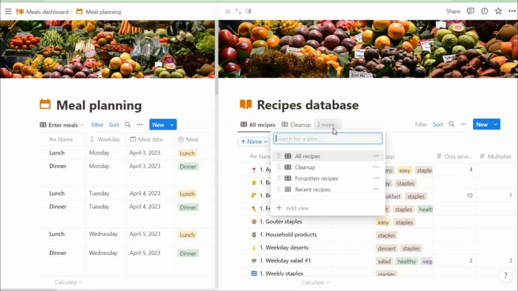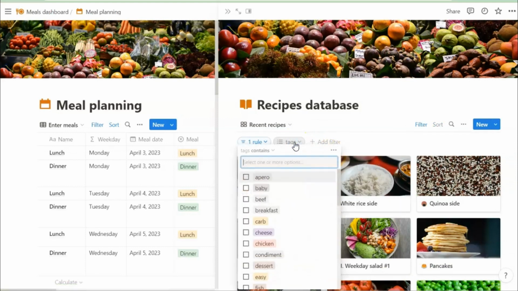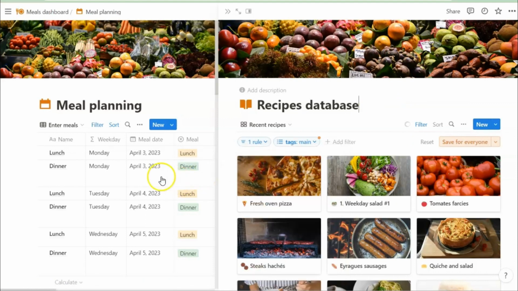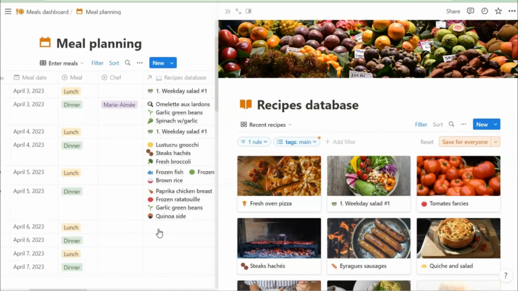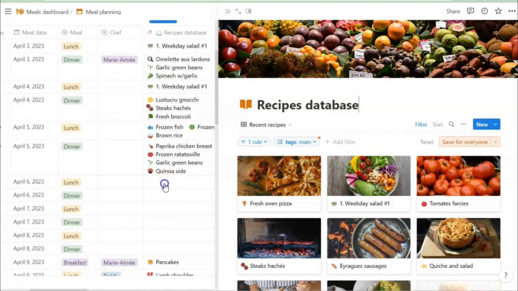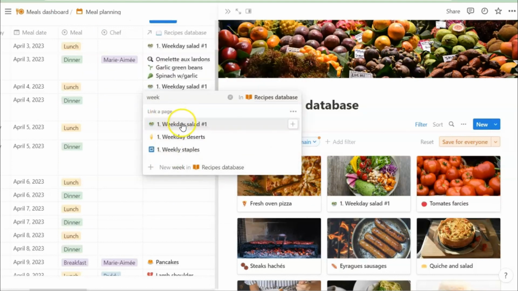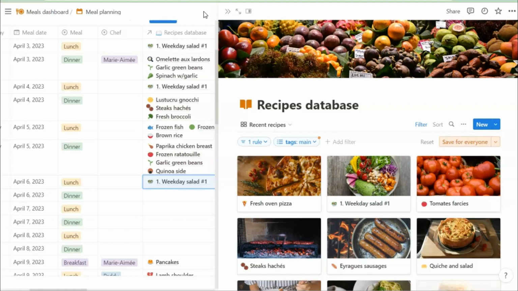I can swap between views on my recipes database. So for example, I can go to my recent recipes, which is a gallery view. And I've also got a filter for tags here. So if I'm looking for mains, I can select for that. Once I've found a recipe that I like, I can just come over here to my meal planning calendar and pop it into, let's find an empty date, pop it into here. So let's go weekday salad number 1. There we go. So seeing a page in SidePeek might not seem terribly groundbreaking, but remember that to open a